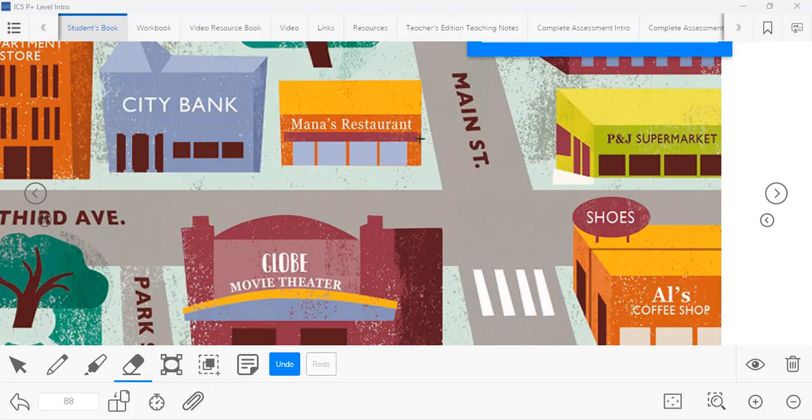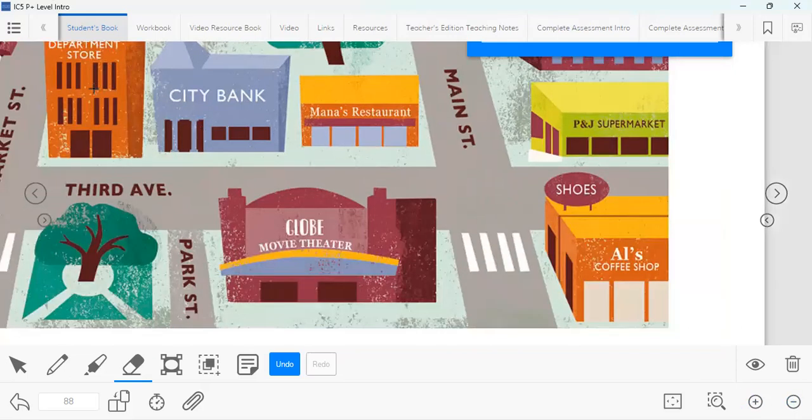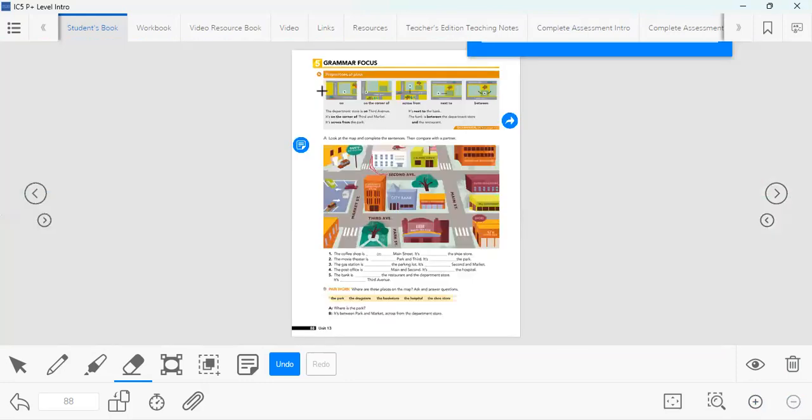Teacher, can I say, for example, our coffee shop is on across Globe Movie Theater? Without on, just across. Without on. Yes, no on. In that case it is across, okay? But okay, we're gonna move to the other expressions. At this moment, I want to go one by one, okay?